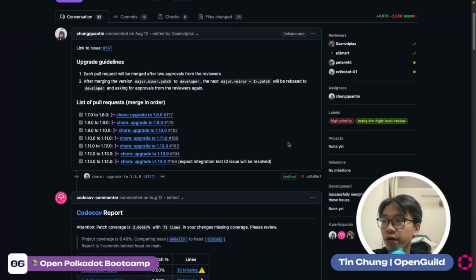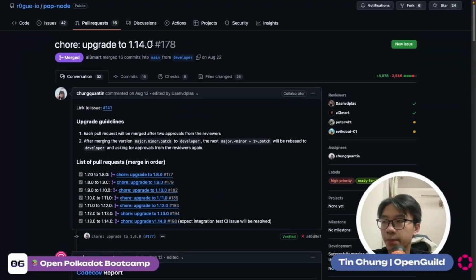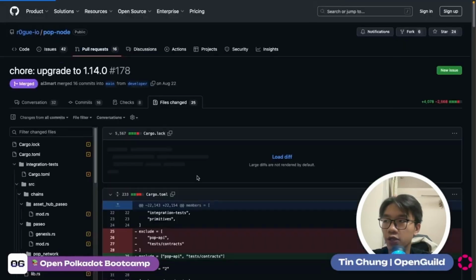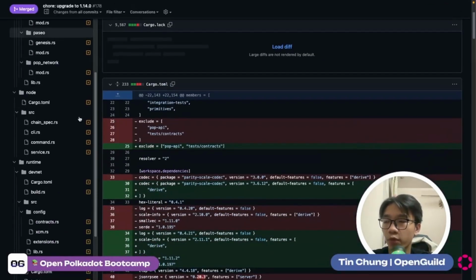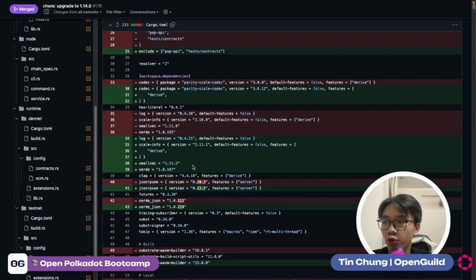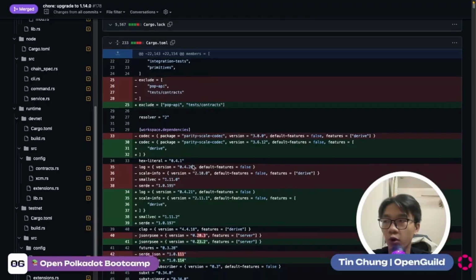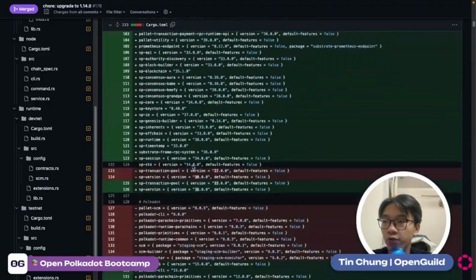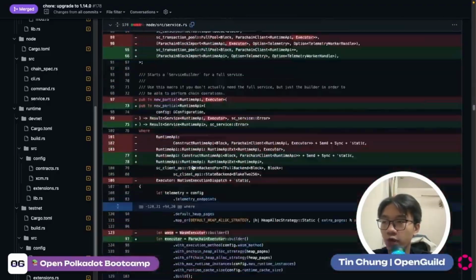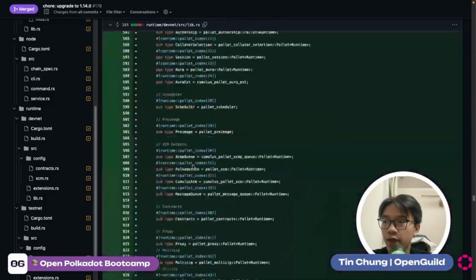So as you can already see, this is the PR to upgrade from 1.7 to 1.14. It covers pretty much all the changes needed to upgrade from 1.7 to 1.14, and this has been thoroughly reviewed by the engineers of Rogue. So you can also go to this Pop Node and see if there are needed changes made